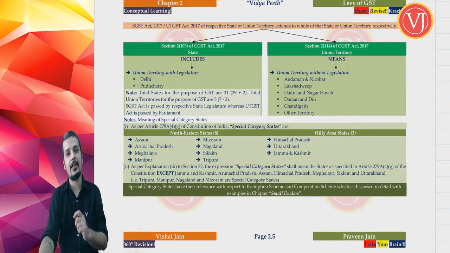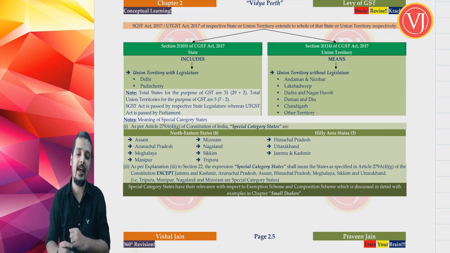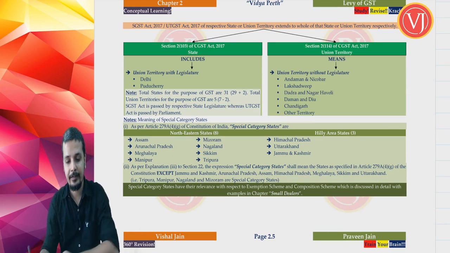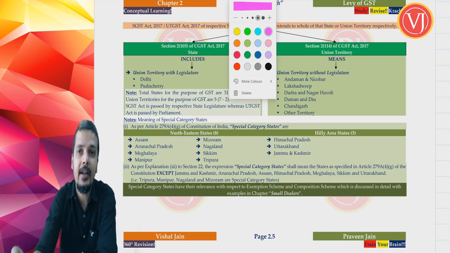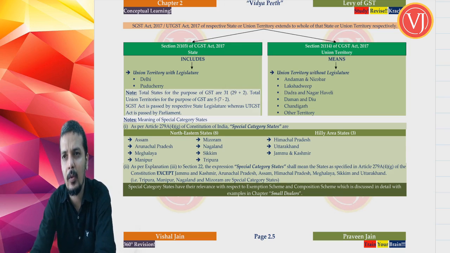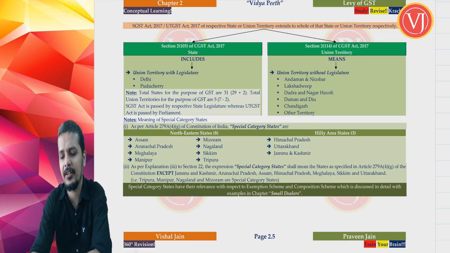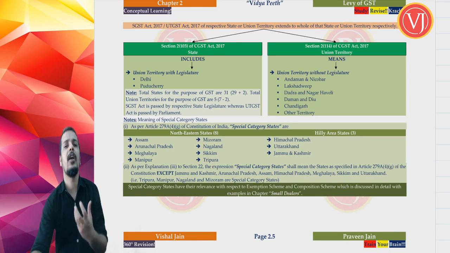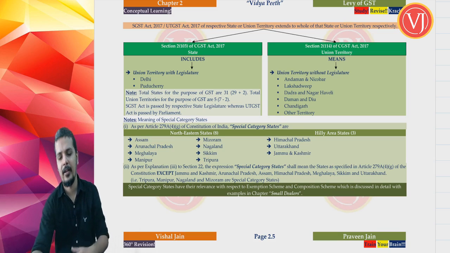Once you are clear with the term India, the next important thing is you have to understand states and union territory. When you talk about states and union territory, it is again defined. Any terms that you have doubts about will generally be defined in section 2. Most of the time you find the definition in section 2, and there are times where you don't have that definition in section 2, where you have to resort to rules of external interpretation. You may have to refer to some other acts.